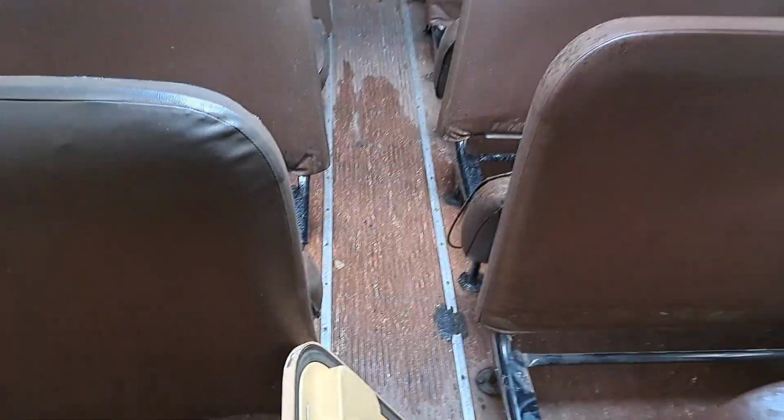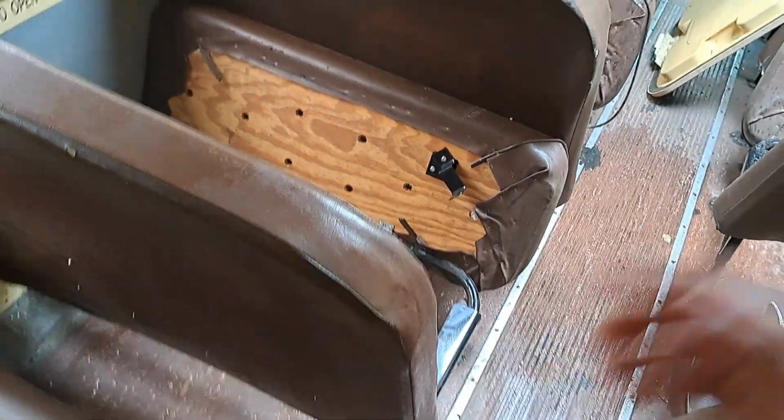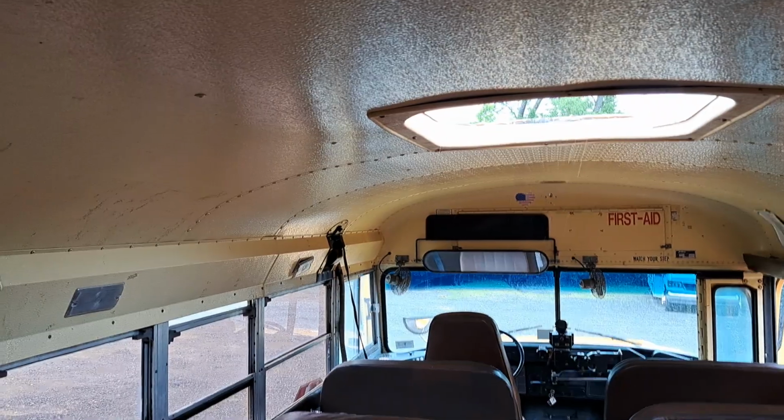But still need a new roof hatch. You can see it raining on my already ruined floors, so I'm not really too concerned about it yet. I'll get a new roof hatch for it here soon, hopefully next week sometime. When will I get it in? No idea. But anyways,